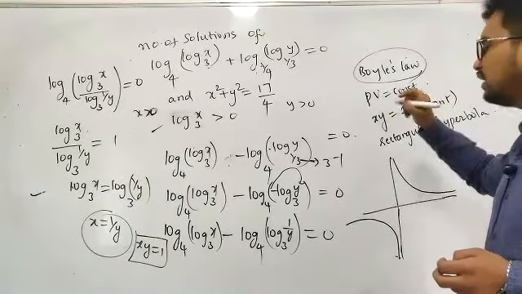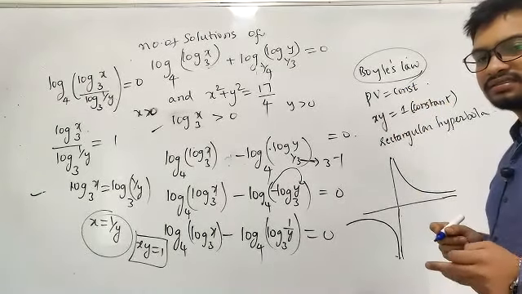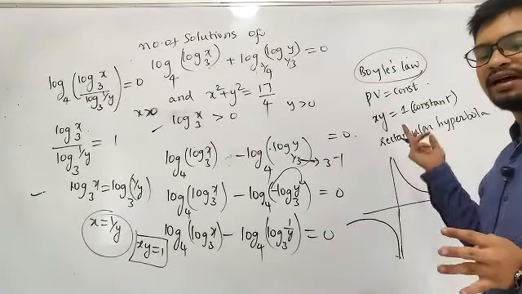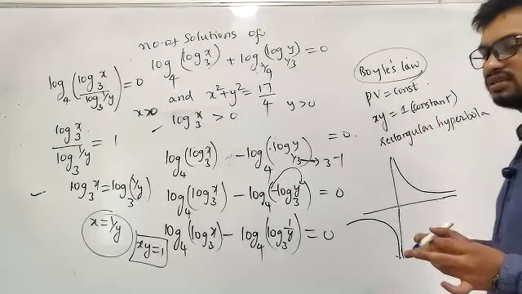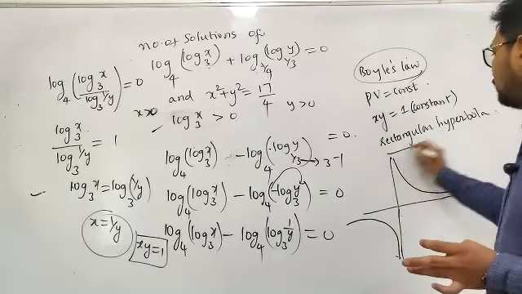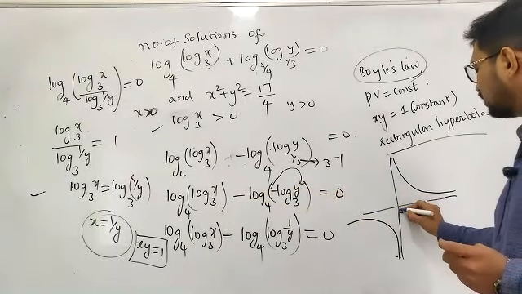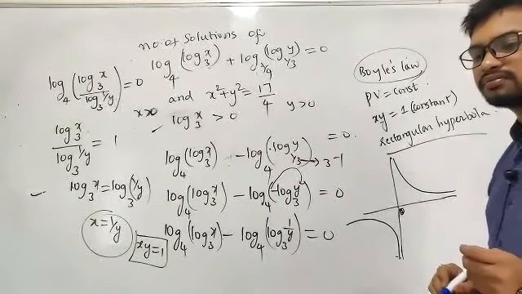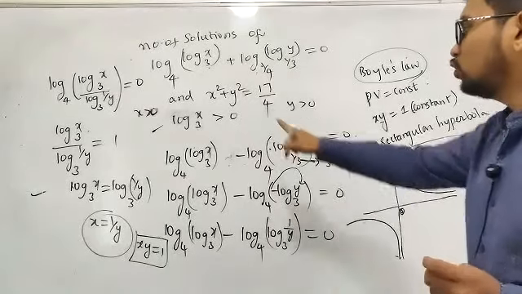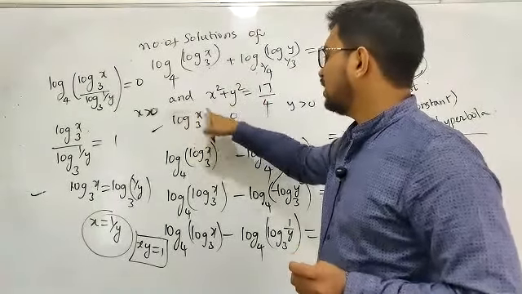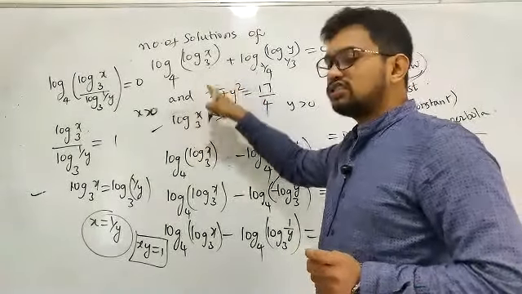I'm not going into detail on this. That is not my point regarding this question. So this is a rectangular hyperbola. This xy is equal to 1, whatever graph you will be getting, will look something like this. This is called a rectangular hyperbola. Now simply you observe here, whenever I'm writing here, you can observe the conditions.